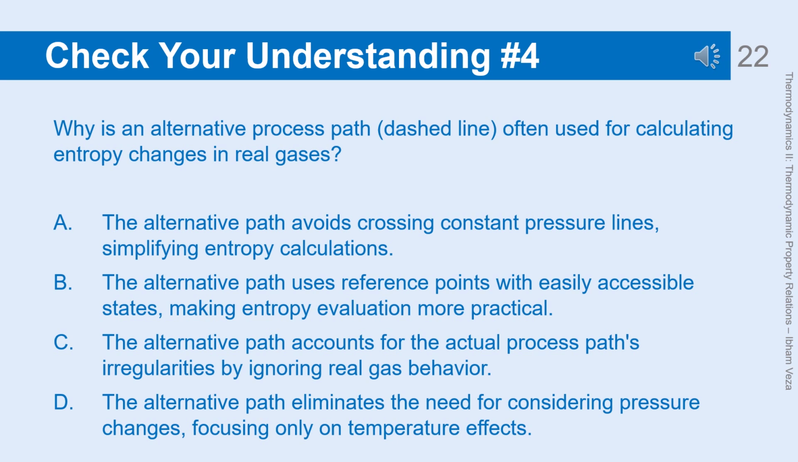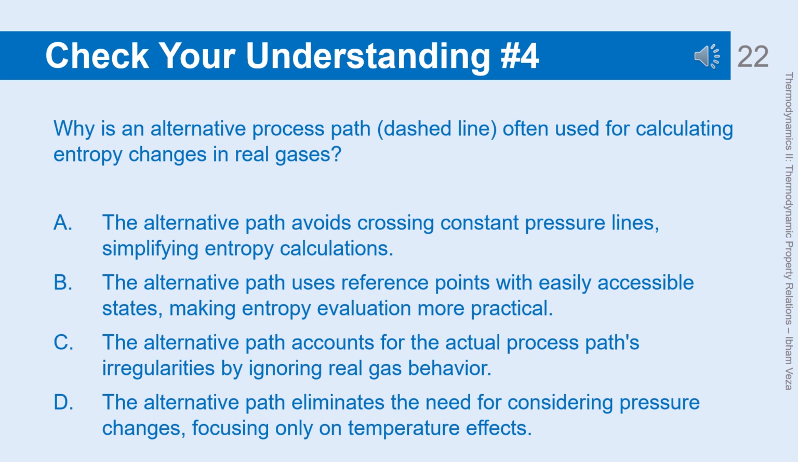Correct answer, B. The alternative path uses reference points with easily accessible states, making entropy evaluation more practical. Explanation of incorrect options. A. The alternative path avoids crossing constant pressure lines, simplifying entropy calculations. This is incorrect because the alternative path does cross constant pressure lines, P1, P2, P0, to help track entropy changes